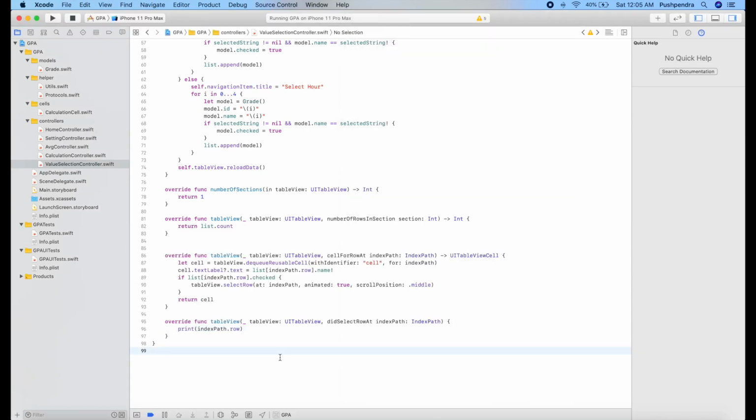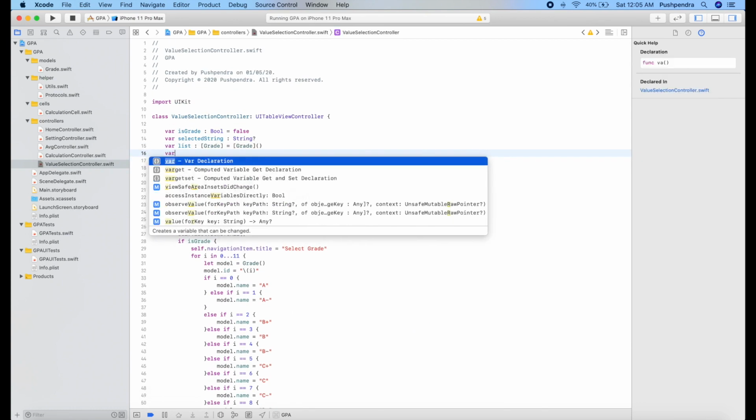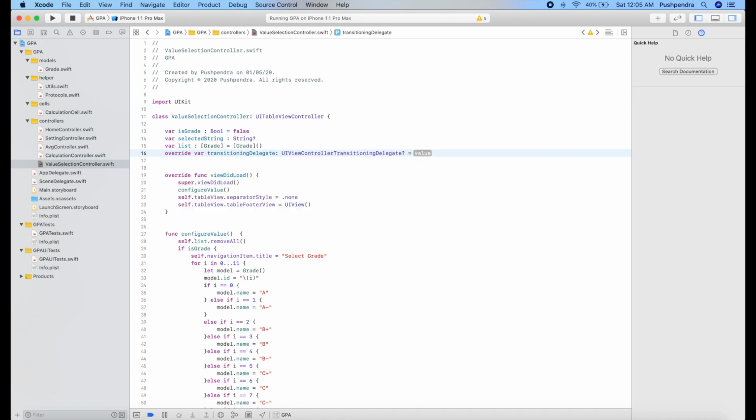Okay guys, now we will take one delegate, and this is a type of delegate callback, what we have created customly over.